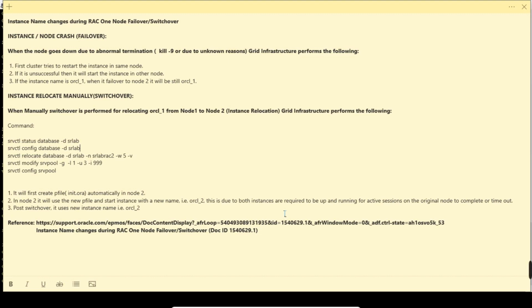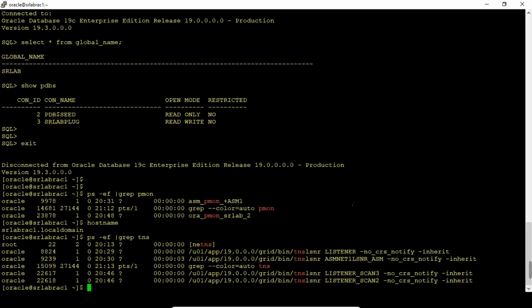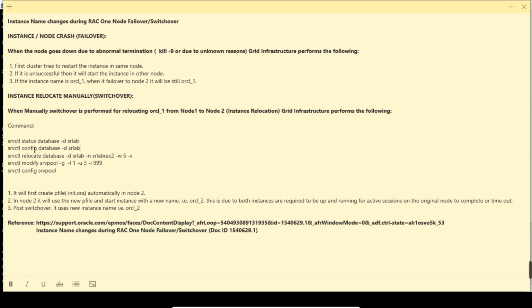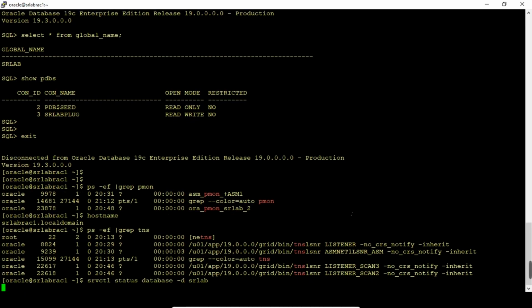So we need to find out the server pool. If there is any error while relocating, such as a server pool error, we can increase the server pool. For that, I am getting the server pool from the config database using this command. Nothing there, so no issues.